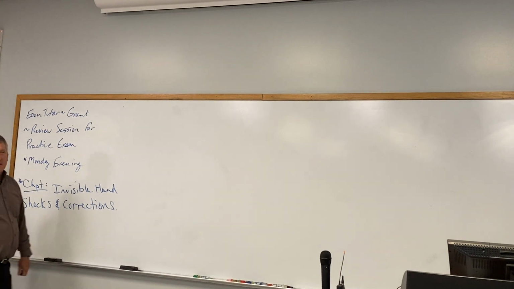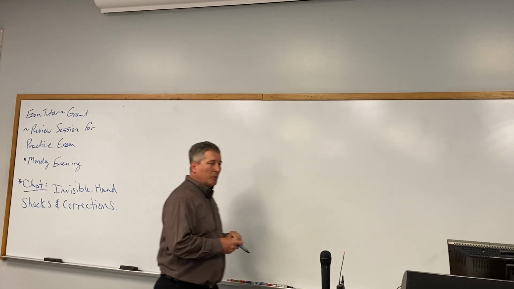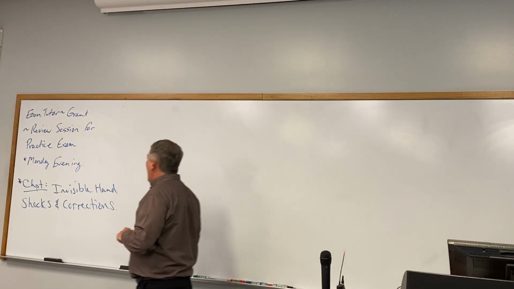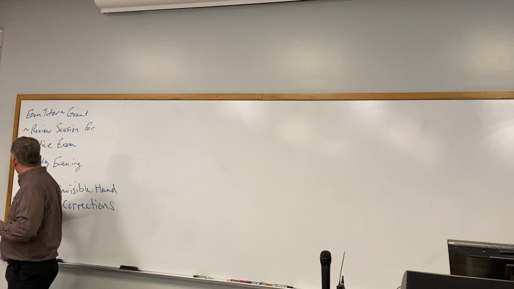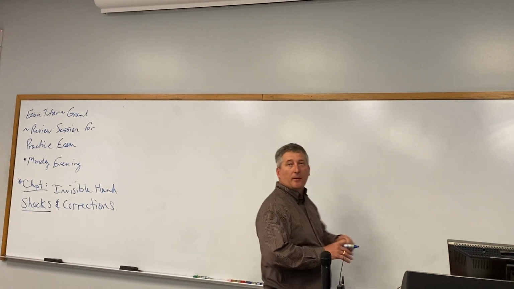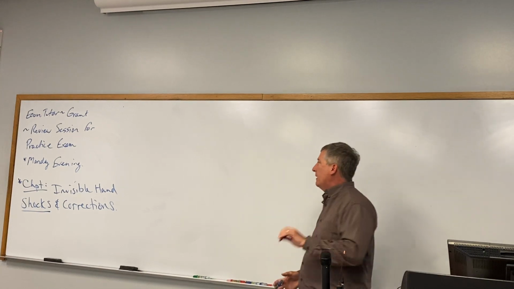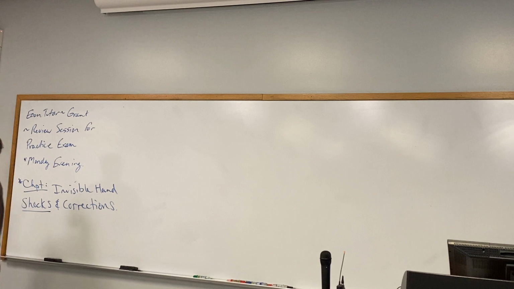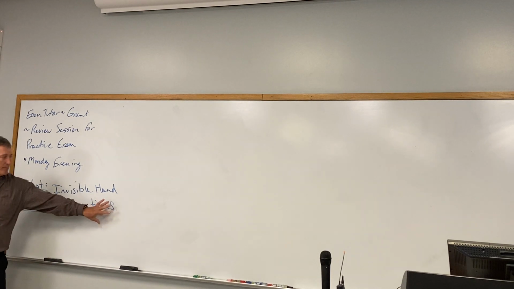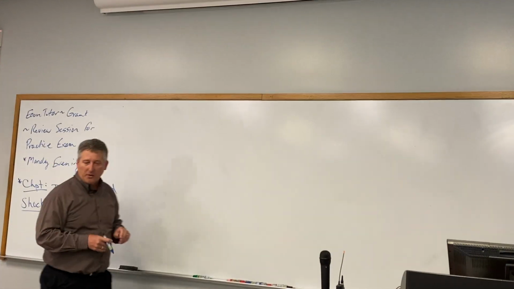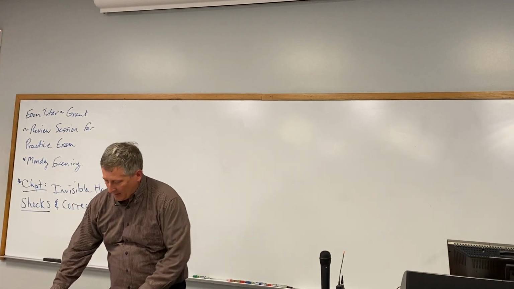How do we get back to some sort of equilibrium after something's happened? So the shock could be a war. The shock could be a natural disaster. The shock could be something else. So something happens to the economy, and then if we just leave the economy alone, what are the things that bring us back to equilibrium after the shock has occurred? So that's the theme here of